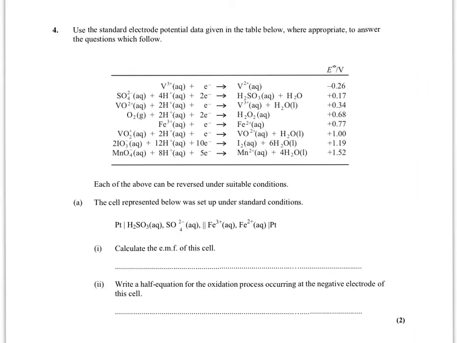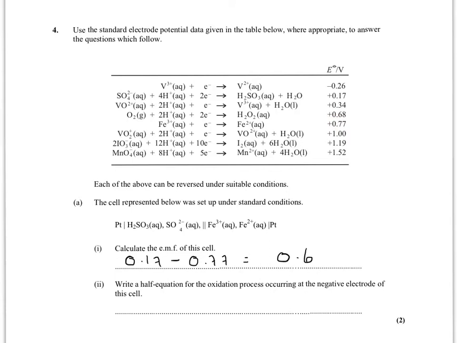Okay, next question. Use the standard electrode potential data given, so that's this stuff here, to answer the questions below. So calculate the EMF of this cell, so we've done that quite a few times now. So again, we look up these two electrodes. This first one is H2SO3, so we're just going to find that one's here. So that's plus 0.17. Take away the other one, which is Fe3 plus. That's this one here. I assume Fe2 plus should be there as well. That's a bit of a typo. So that's plus 0.77. So it's 0.17 take away 0.77. So that equals